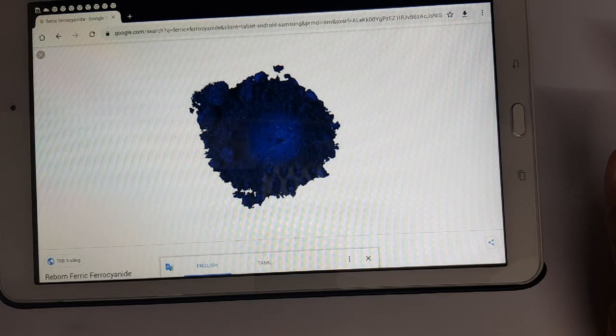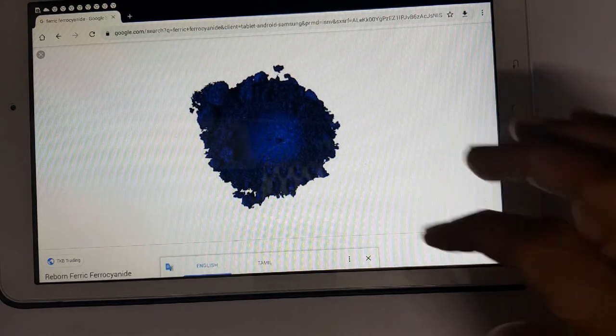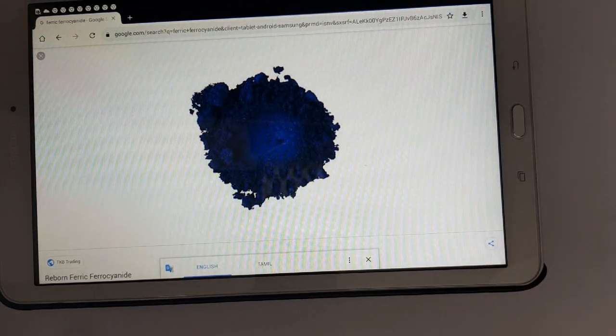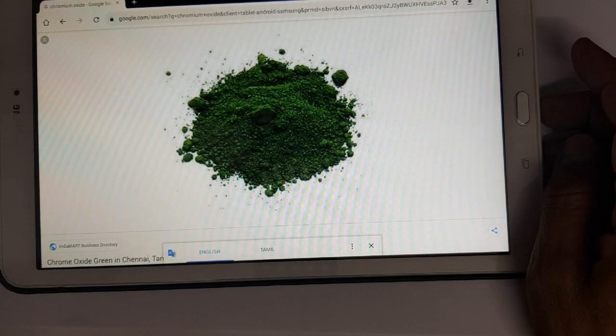So ion contamination is not there in pigments, right? So same way ferric ferrocyanide is a typical blue color. This is chromium oxide green color. Chromium oxide green color used in nail polish and eye cosmetics.